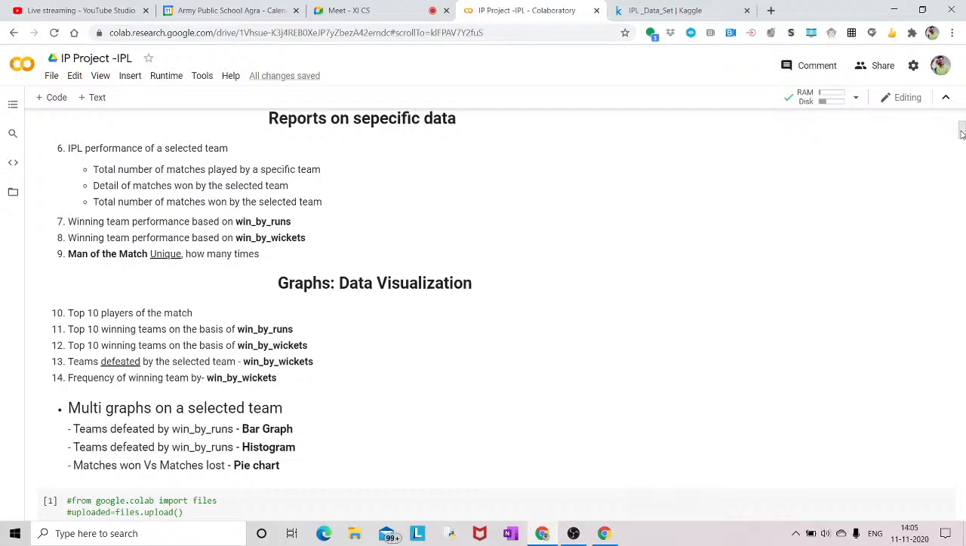Number one, teams defeated by win by runs, means the teams which are defeated by the particular team. Teams defeated by win by runs, we'll create a histogram for this. Matches won versus matches lost, we'll create a pie chart for this. So over here I'm going to create the entire project after this synopsis. So this synopsis you can